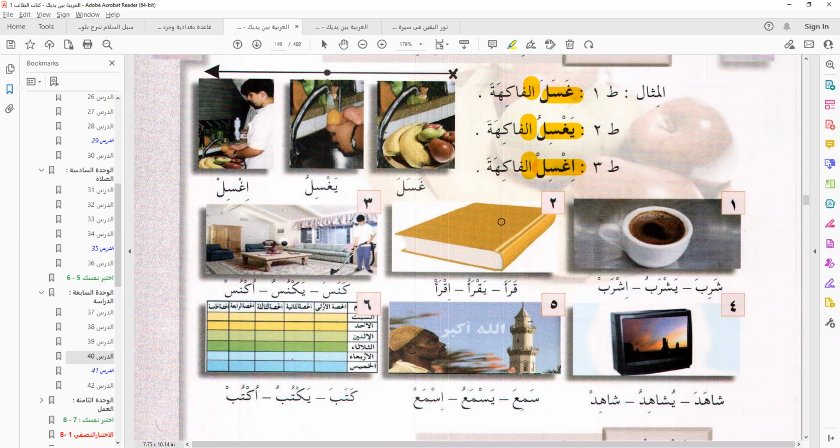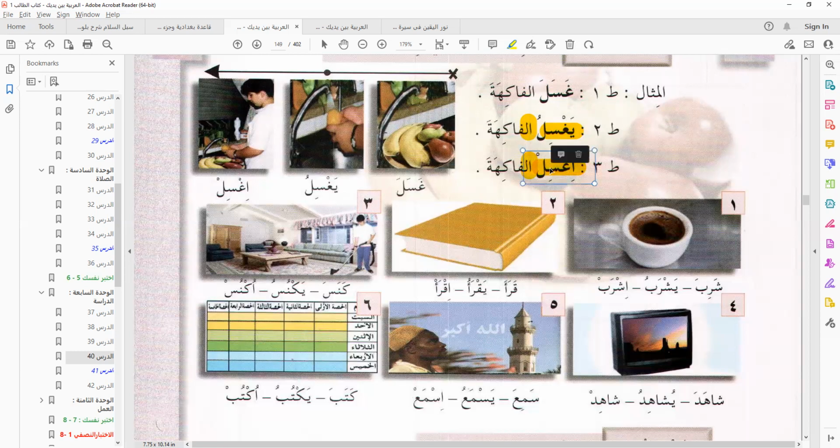Don't forget that if you check the fakia, alif lam was added. So this will be al-kitab. Now, another thing you need to know, which I did not mention earlier, is that when you have a verb like gosala, for example, and you have the fakia, you can say Gosal al fakia. See if you are pronouncing the two together. Gosal al fakiha, yegsilu al fakiha. You can say that. I don't have to say Gosala al fakiha. Yegsilu al fakiha. Exil al fakiha.